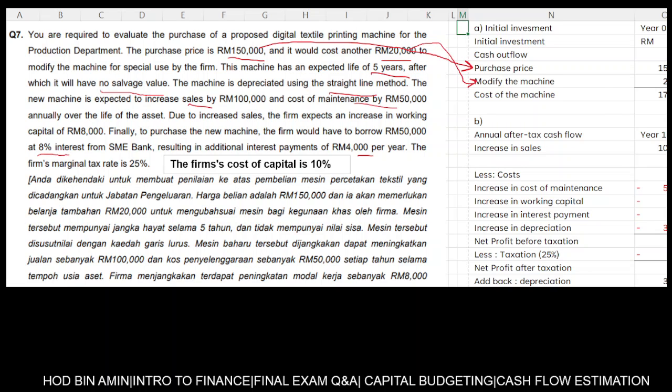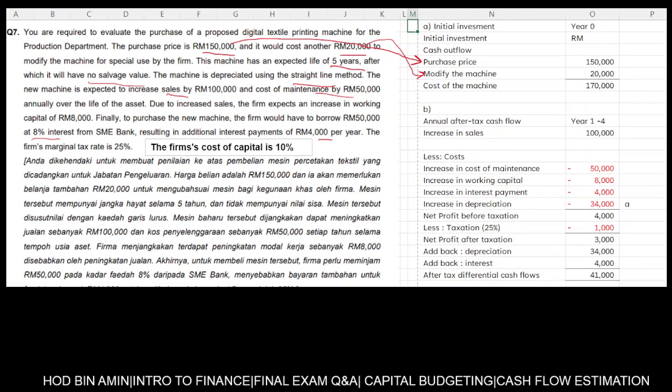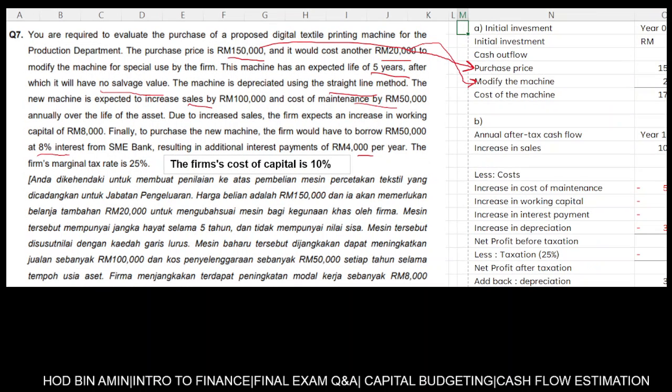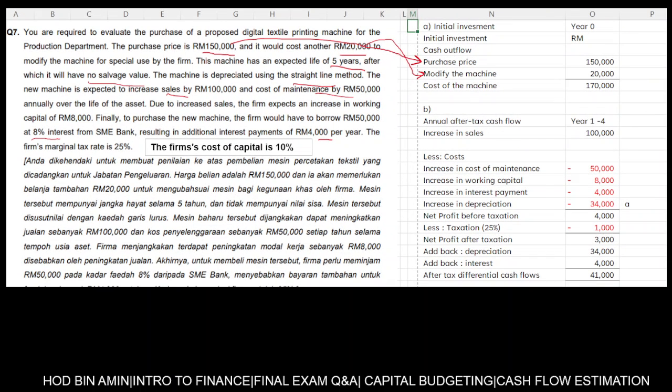If 20,000 is included in the cost of the machine, then the cost of the machine will be 170,000 ringgit. And 170,000 is derived from the calculation of this item. Then this is the answer to question A,